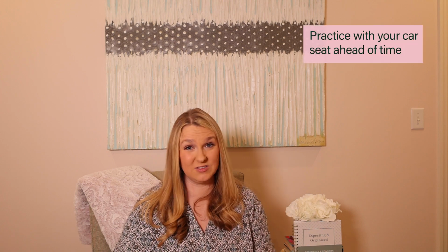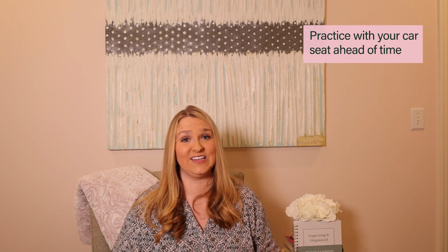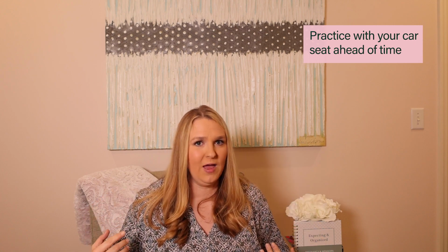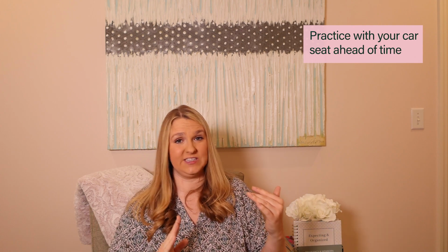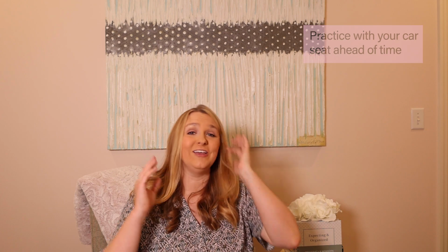Then what you want to do is practice with that car seat. Not only do you want to install it, but you want to try to put a baby doll in it, a stuffed animal in it, and say, how do I adjust the arm straps? How do I adjust the leg straps? What if the shoulders are too high? What if the pitch of the car seat isn't right and my baby's sitting up too much and so their head's flopping forward? You need to know how to handle all of these things,